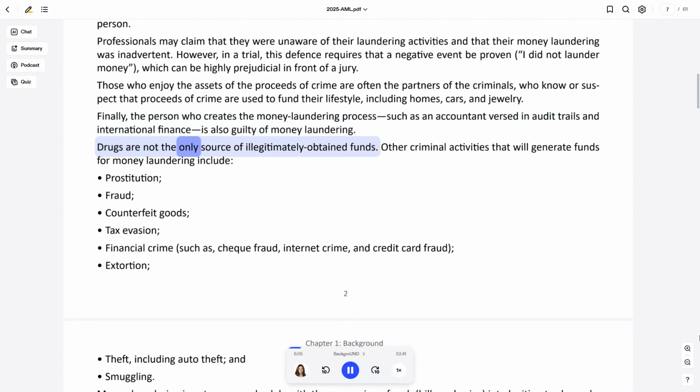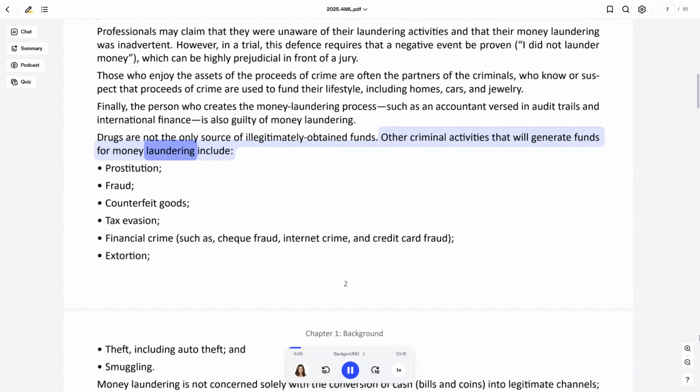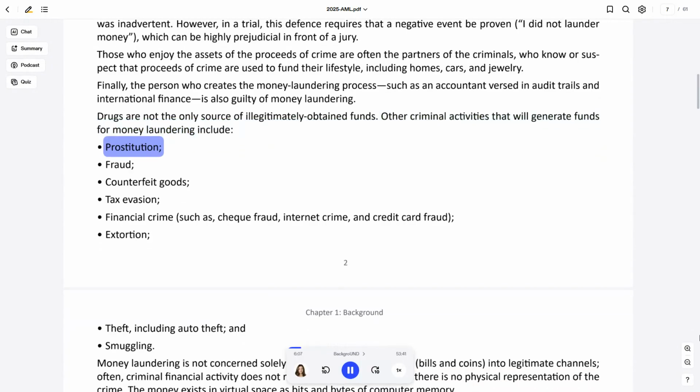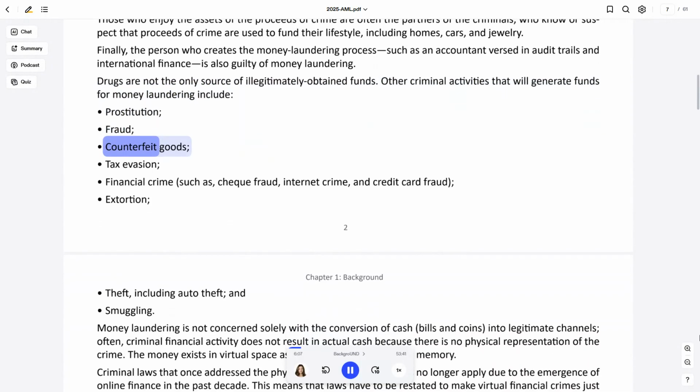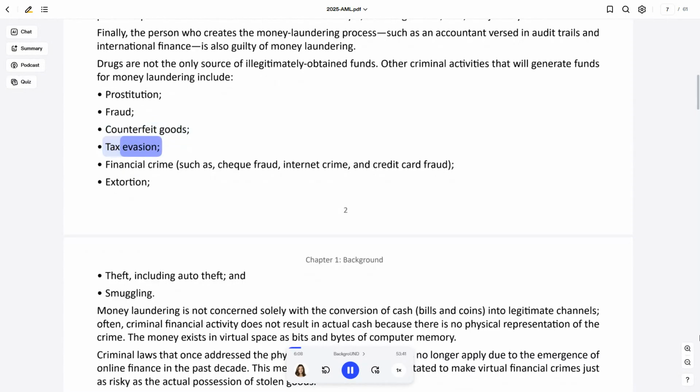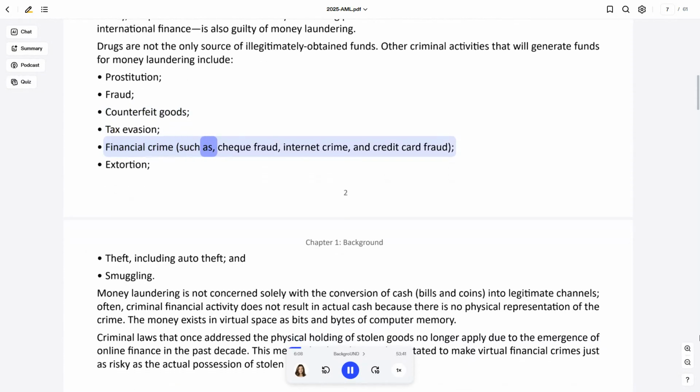Drugs are not the only source of illegitimately obtained funds. Other criminal activities that will generate funds for money laundering include prostitution, fraud, counterfeit goods, tax evasion, financial crime, such as check fraud, internet crime, and credit card fraud, extortion,